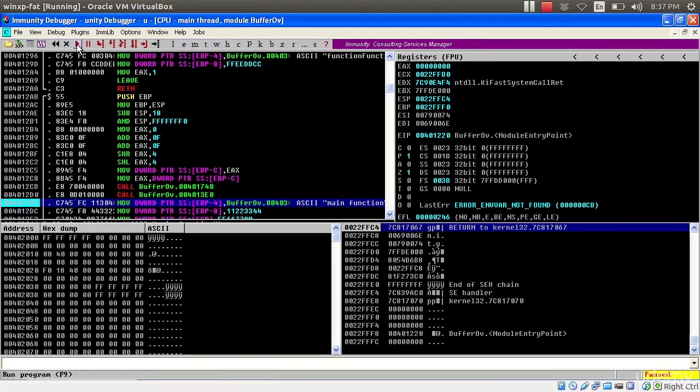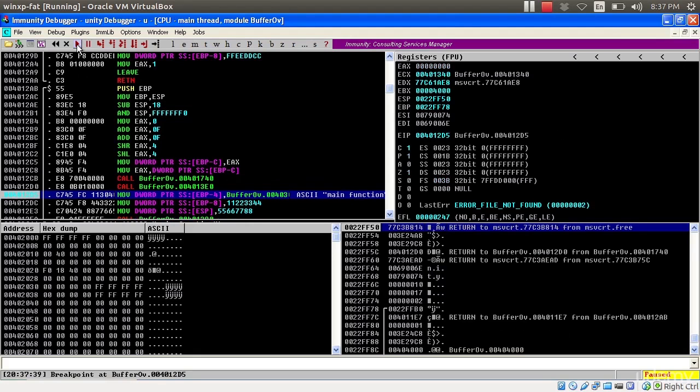So if I go up here and click on the play button to run this program, it will run to that line. So as I look at this program, I'm looking